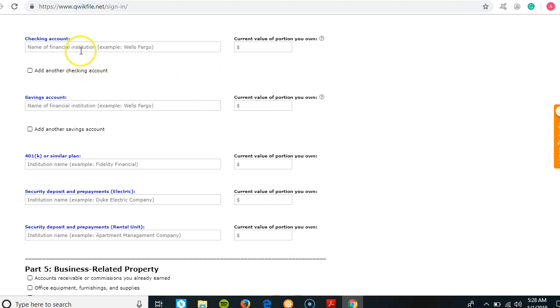And then you come down here and you just fill the information in. For your bank, you just put like Wells Fargo or whatever the name of your bank is, and the value, how much you have in there. $234. It doesn't have to be exact, but an estimate is how much you'll have in there as of the date that you file bankruptcy. If you want to add another checking account, you can. Just click here. Savings account, you do the same thing. How much you have in there on the date that you file. You can add another savings account here as well,